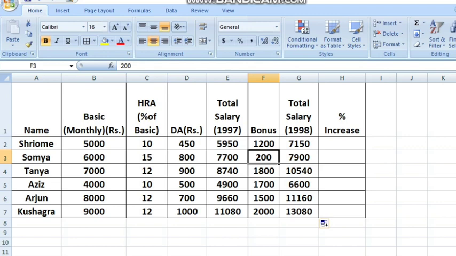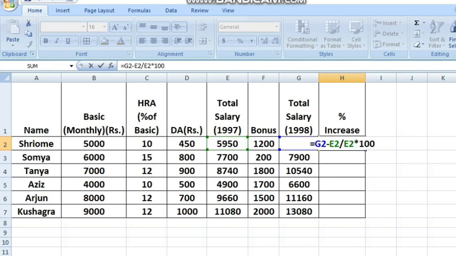So the formula for finding out the increased percentage is: current salary which is in cell G2 minus previous salary which is in cell E2, divided by previous salary, into 100. So I am going to bifurcate this. Suppose I have written like this, divided by E2 into 100. Here we will not get the correct output because E2 by E2 will be divided first as per the BODMAS rule and we will not get the correct answer. So I am going to bifurcate this expression, like I will find out the difference first of all, G2 minus E2, and then I will divide it by the previous salary E2 and into 100.